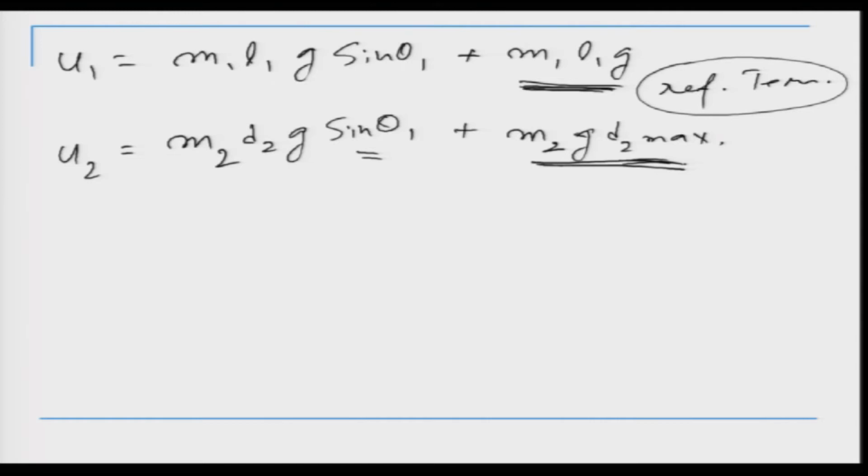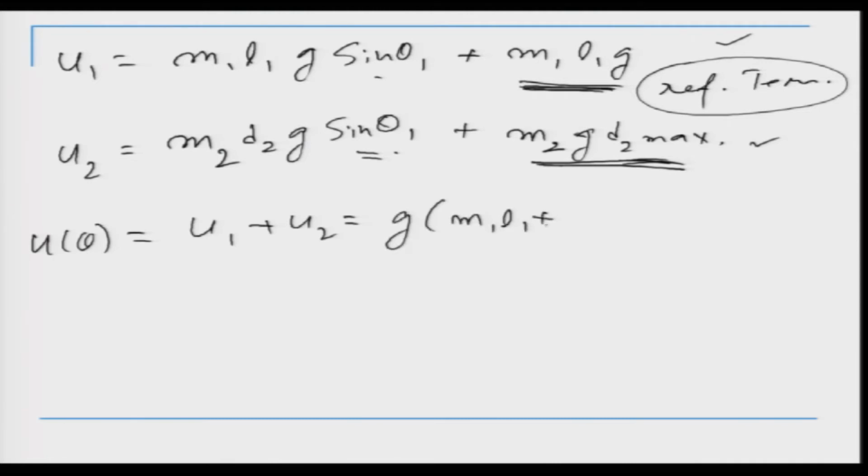So, this is the reference for the first term, and this is the reference for the second link. Now, if we add both of them, then what we get is U of theta, which is equal to U1 plus U2. This is equal to, there is sin theta common, so I am going to take sin theta common, and g is common. So, I am going to write g (m1 L1 plus m2